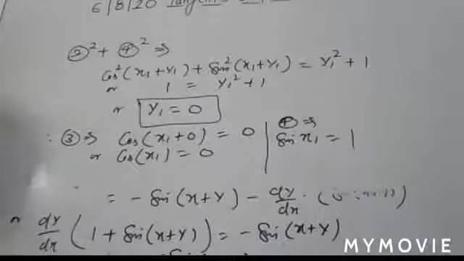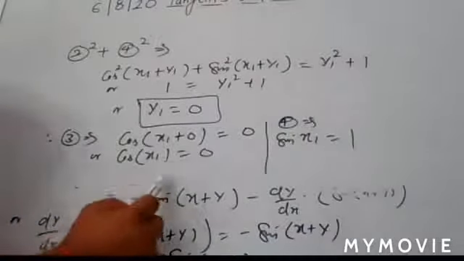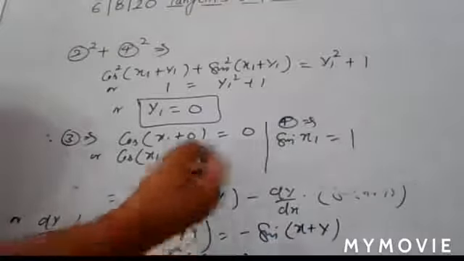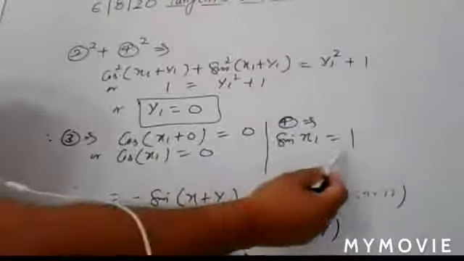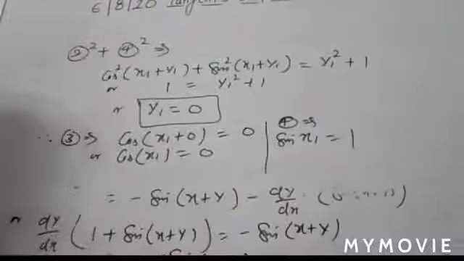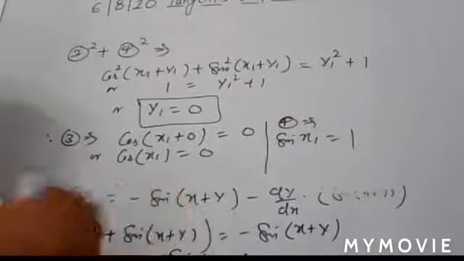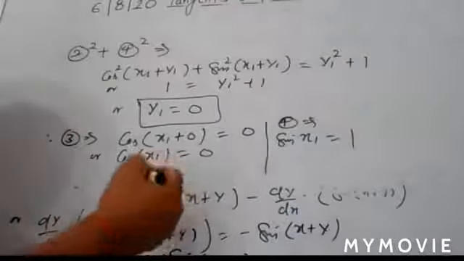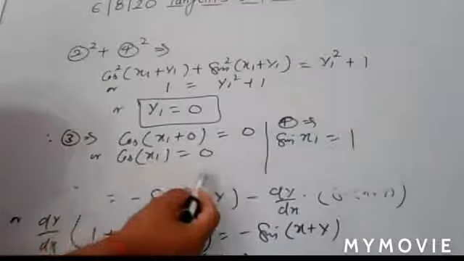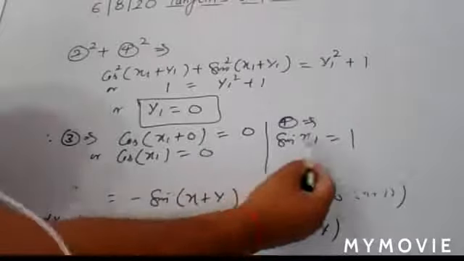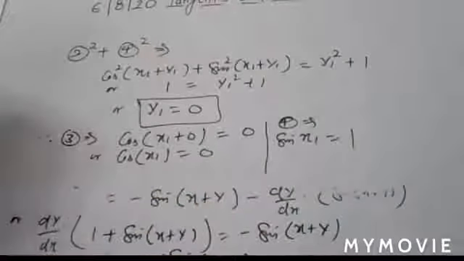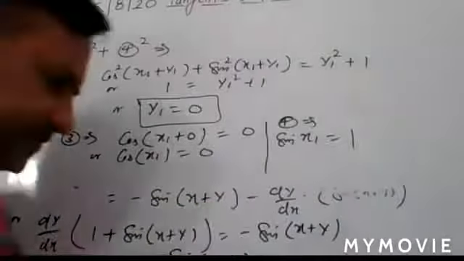Okay. Now, what is given about x1? Here it is given x1 lying between minus 2 pi to 2 pi. So you have to find the value of x1 within that range which satisfies that condition. Means you are interested to find all the possible values of x1 within minus 2 pi to 2 pi, for which cos of the angle is 0 and sine of that angle is 1. Understand? So just check it.